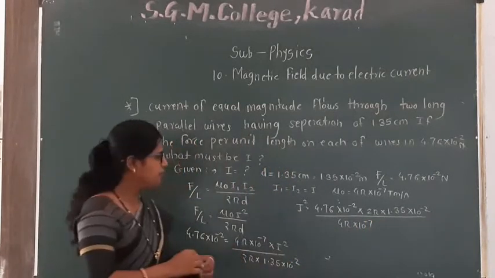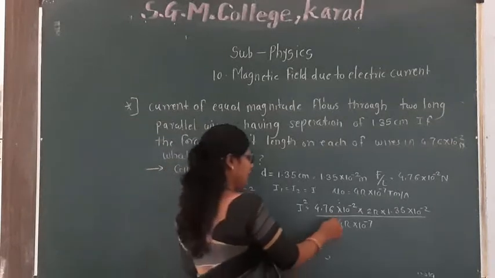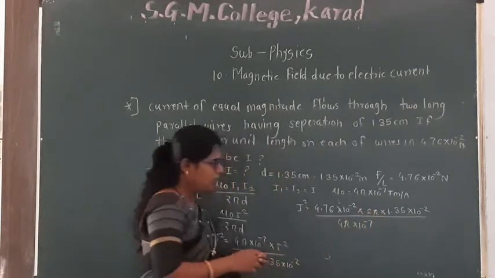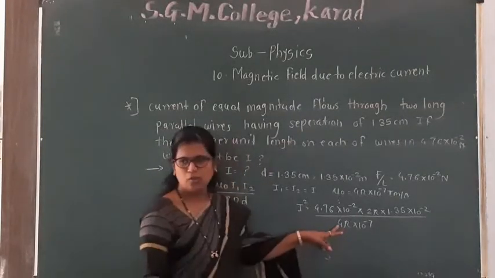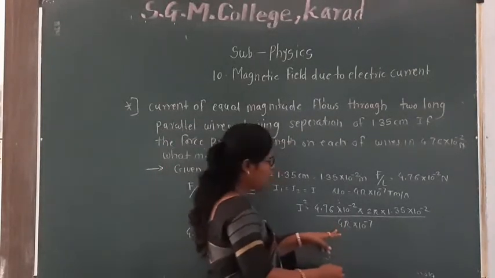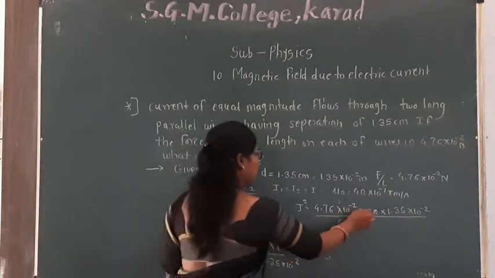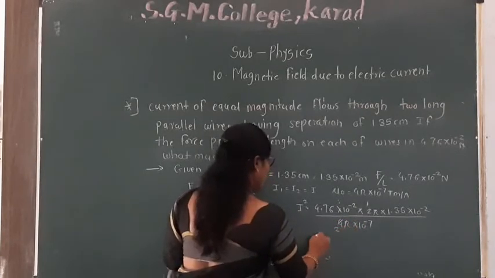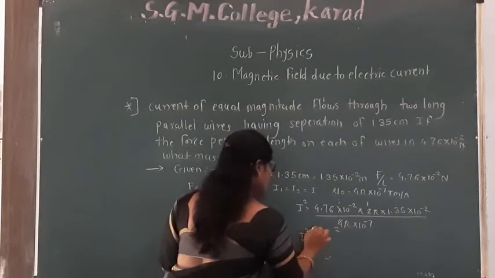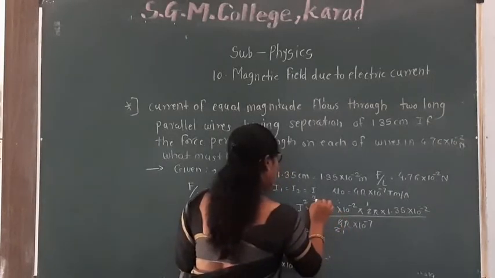Now see here that pi cancels. Here there is 2, and here 4 pi into 10 raised to minus 7. So 2's ones are 2, here 2. Therefore I square is equal to, 2's ones are 1,